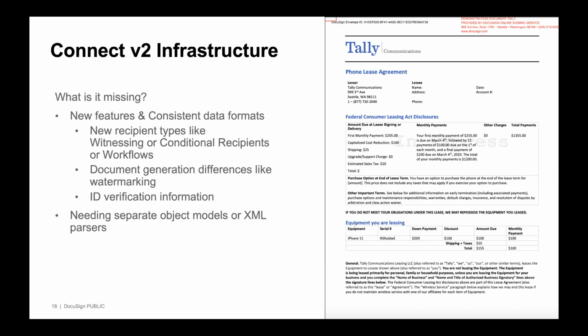So talking through some of the examples, we've introduced a bunch of new recipient types over the years. These give you more capabilities for specific flows. So for example, witnessing, now there's a witness recipient type, which can go and confirm signing by someone else, but then doesn't really retain access to documents. So you have that logic built into DocuSign. If you're looking to parse that, you'd have to look at outside of the XML payload, either through an API call or this new payload that we're building. Conditional recipients, any sort of workflows related.